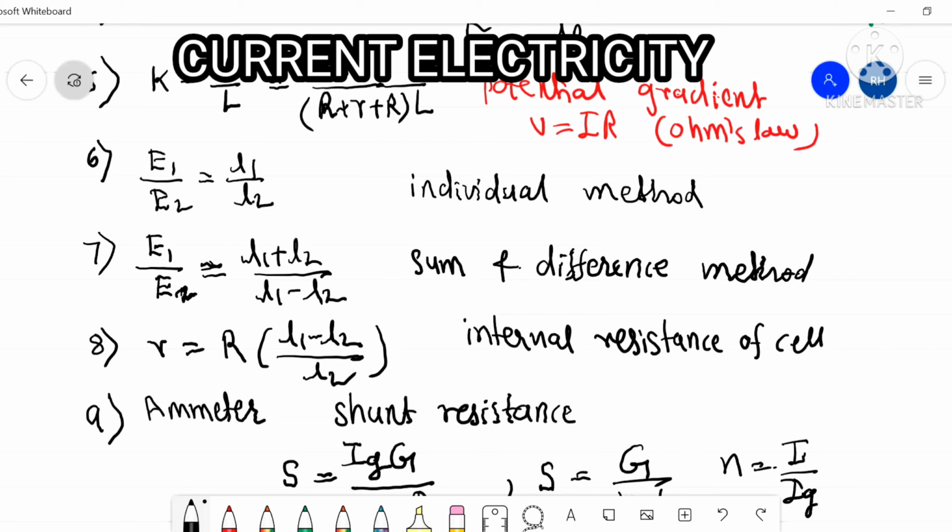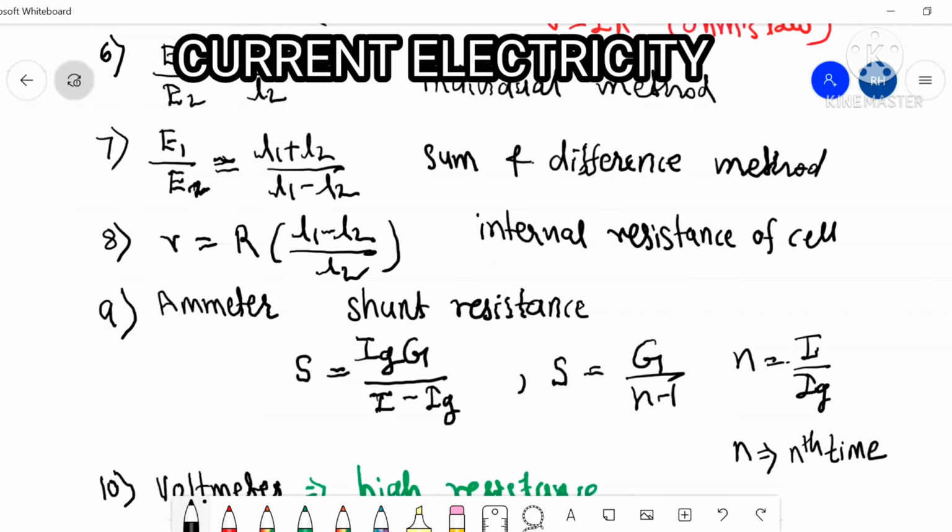If there is the word internal resistance, use the eighth one. Like that, if you write the formulas for those particular problems, and you know how to select that formula, you will definitely get marks for the formula. And to write the correct formula in the exam, you'll get the half marks directly. Means out of 2, you'll get the half marks for the correct formula you selected and wrote.